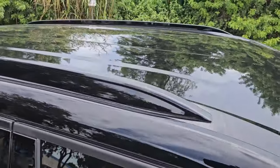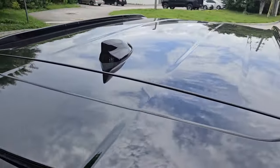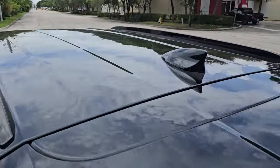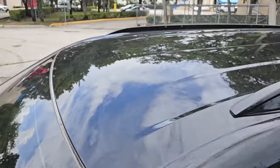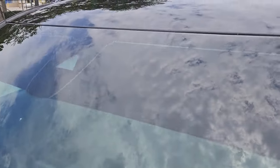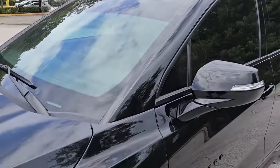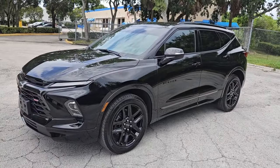Let's take a look at the roof real quick. It's got the rails up there, very nice. Really outstanding shape. Windshield on this side also looks good. Super clean. Very nice condition. Okay, that concludes our walk around. Stay tuned. We're going to go ahead and take a look at the interior, then we'll take it for a